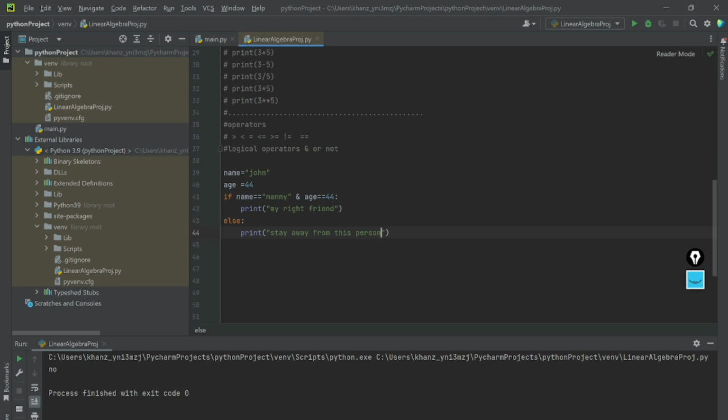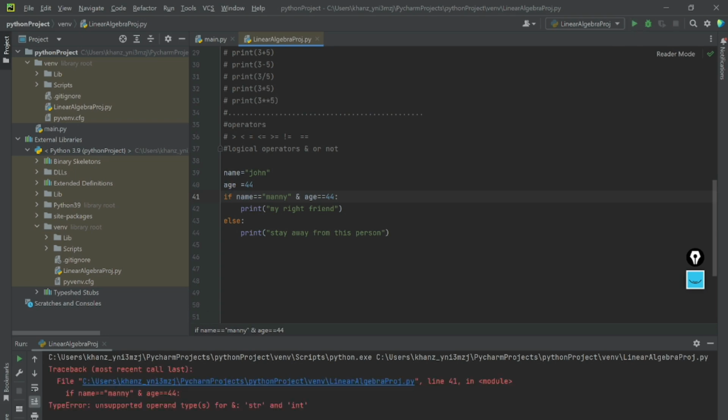If I run this, I'm using the and keyword here. Let's see, stay away from this person. And if I put this, then no, it will not work because